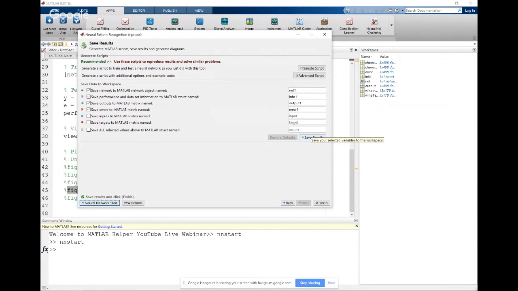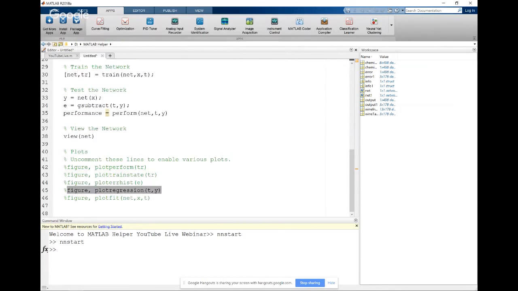Once I click on save results, you can see there will be addition of four results, that is the net1, info2, output2, error2 results to the workspace. To simply save the script, I'll click on this generate a simple script button over here.